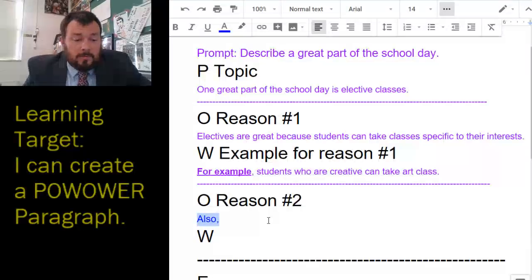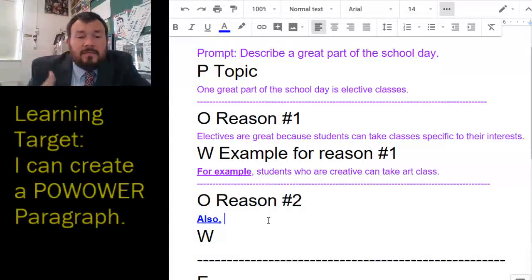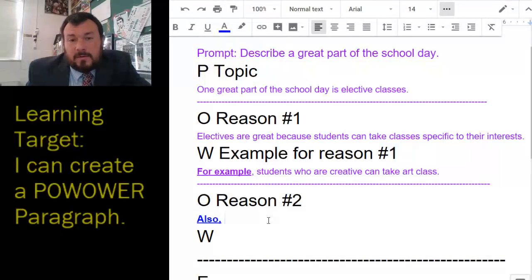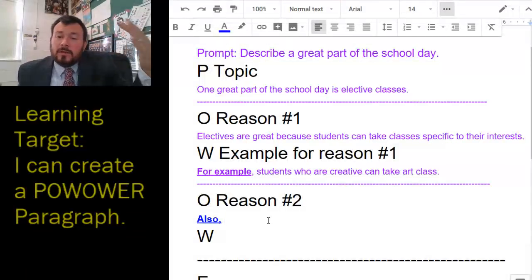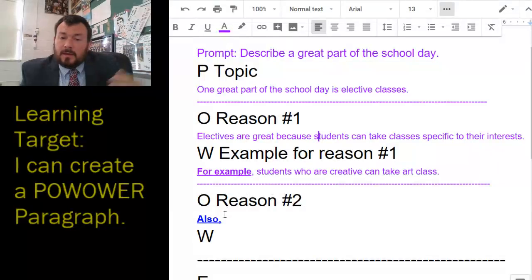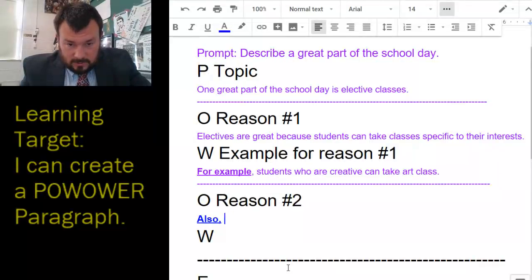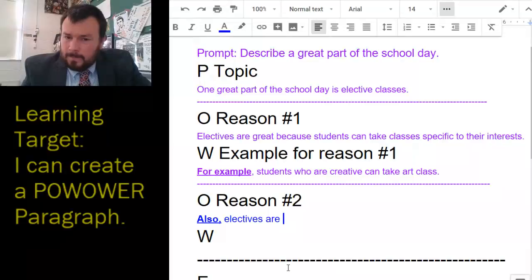is also. That lets your reader, who's not going to have this handy-dandy chart and lines and stuff when they read the final draft, know that we are talking about a different example. So one reason they're great is because they can take classes specific to their interest. And then also, electives are, hold on, also,